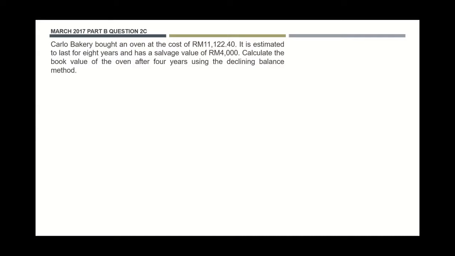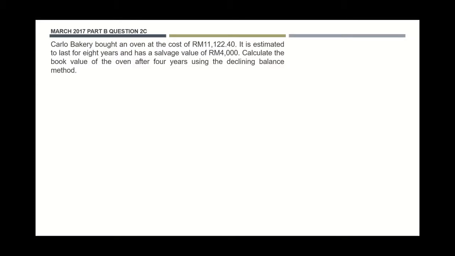So right now we are given that the cost is 11,122 ringgit 40 cent, and the salvage value is estimated to be 4,000, and it is estimated to last for 8 years. Okay, so in this case the question asks us to find the book value after 4 years using the declining